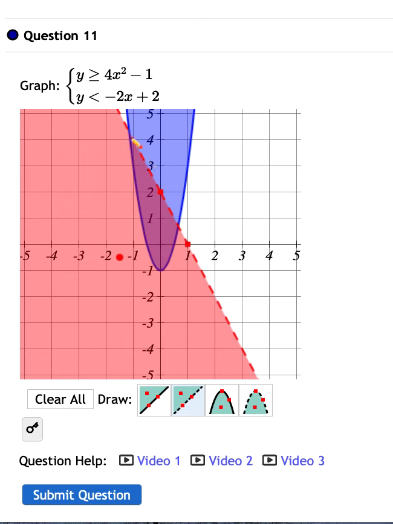When you're graphing on paper on the test, kind of what I do is I just draw a couple little arrows showing I'm going to shade this side of the line, and I'll draw a couple arrows on the inside of the parabola showing I'm shading that, and then I just shade that region itself where they would overlap. Otherwise it gets really messy and hard to tell what's going on. But in terms of the computer, that's what you would